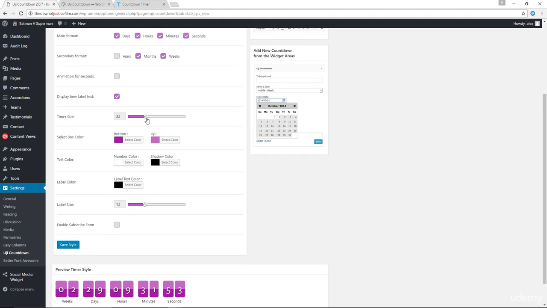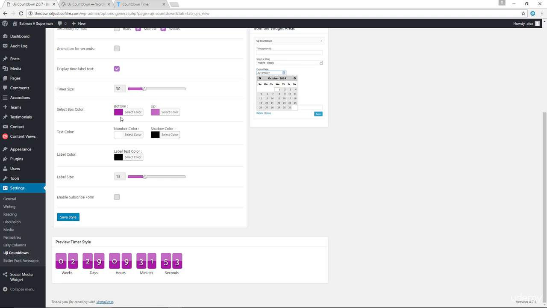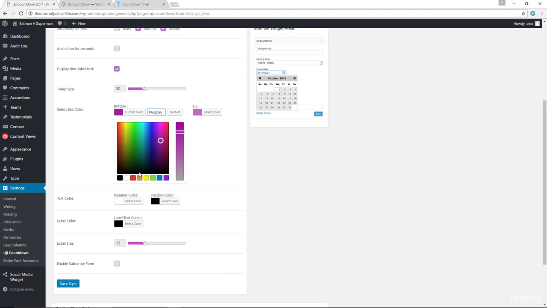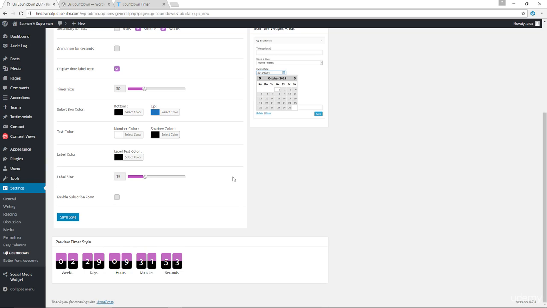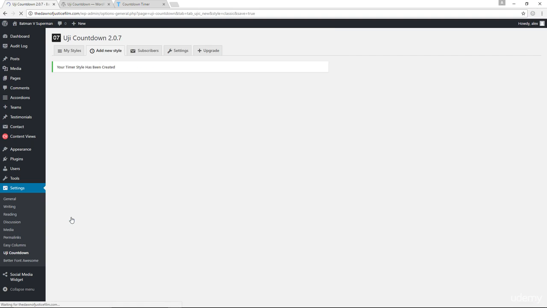So from here we can change the size of the text, the font, as you can see. We can make it a little bit smaller. I think 30 is fine. Let's change the color of the text because I don't like purple. Let's go with black for the bottom, and for the top, let's go with blue, and see how that looks. All right, so right now you can see that the bottom has changed to black while the top is still pink or purple. Now in this case, what you want to do is just to save the style, and then